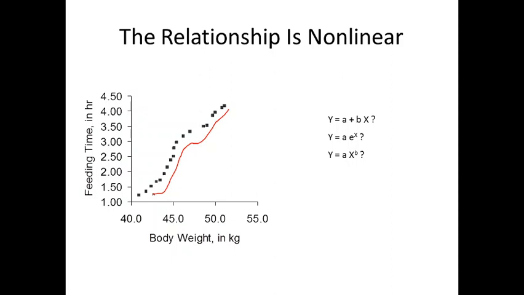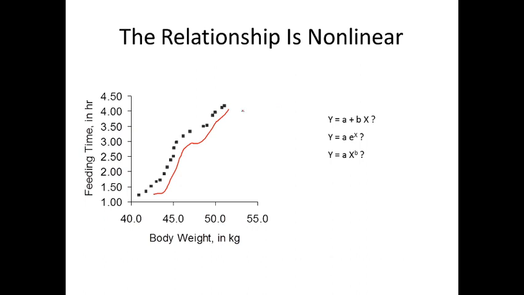Here, as I told you, x is the body weight and y is the feeding time. Y is the dependent variable. Whenever a body weight is given, the model should predict the feeding time from the data given. For that we are finding the relationship between body weight and feeding time. Feeding time is the dependent variable and body weight is the independent variable. Which model is best fitting here? We don't know at present.